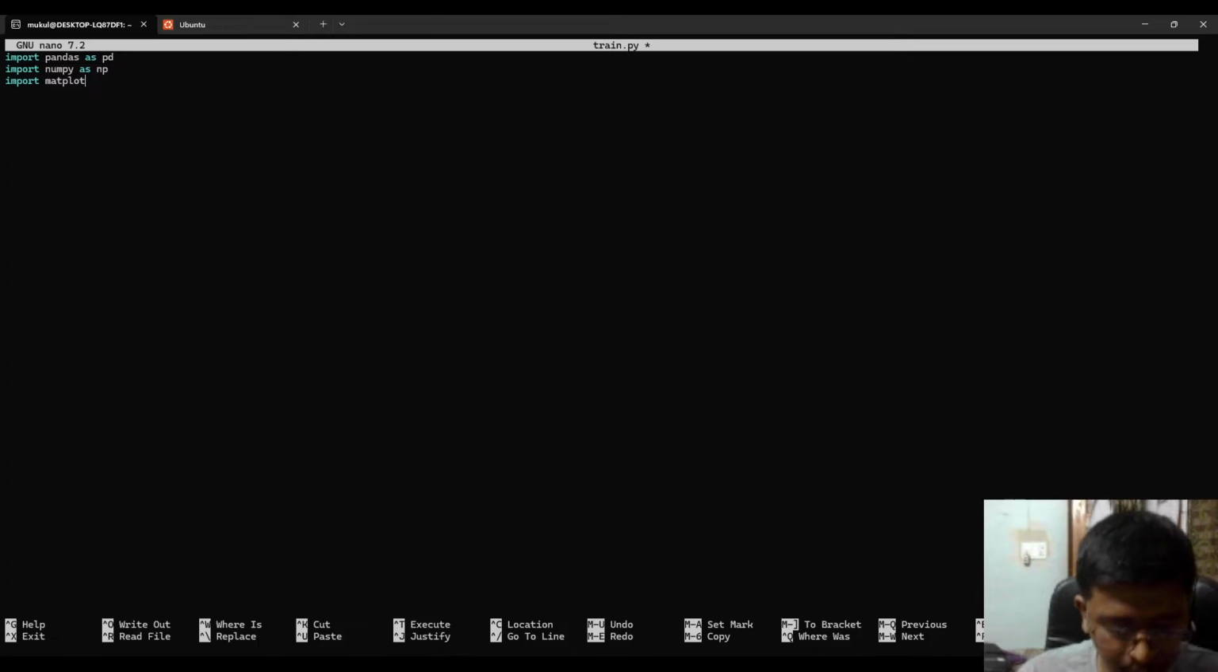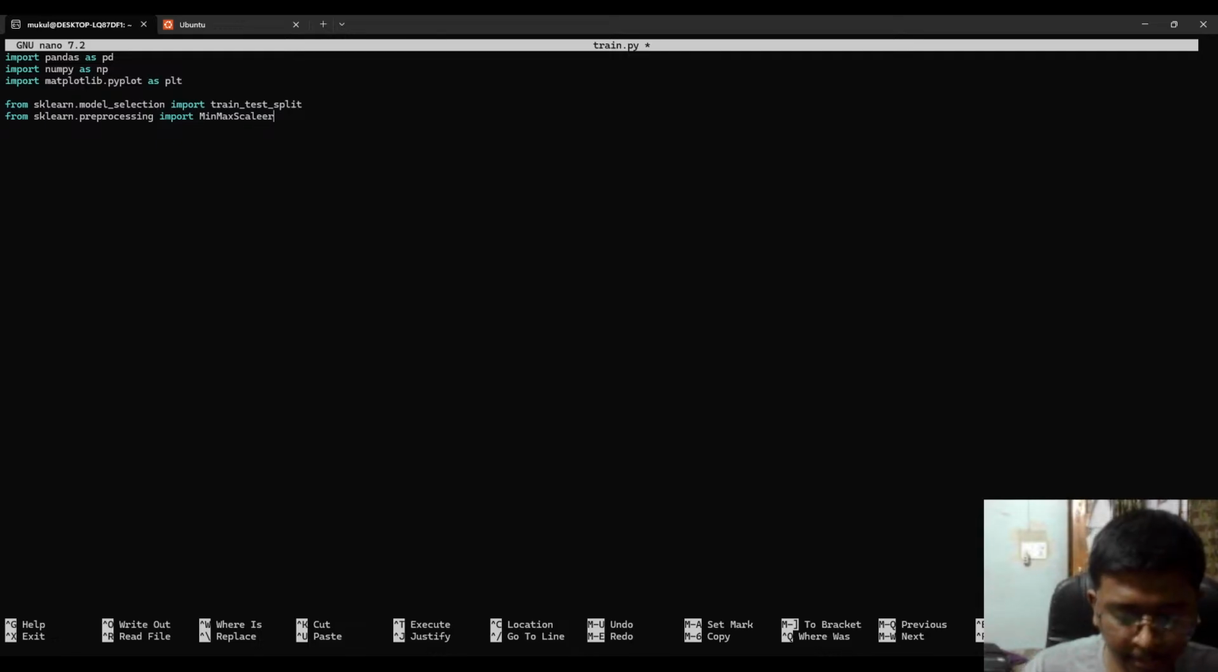Import matplotlib.pyplot as plt, and from sklearn.model_selection import train_test_split, from sklearn.preprocessing import MinMaxScaler, then import tensorflow as tf, from tensorflow.keras.models import